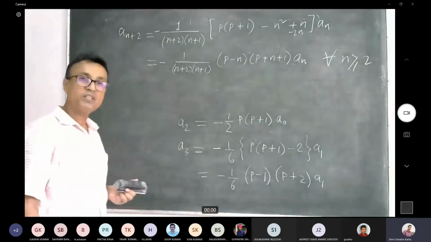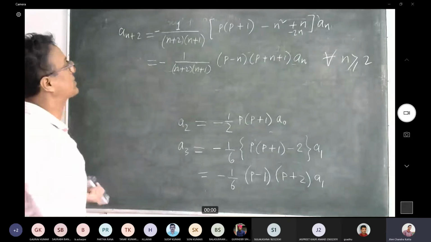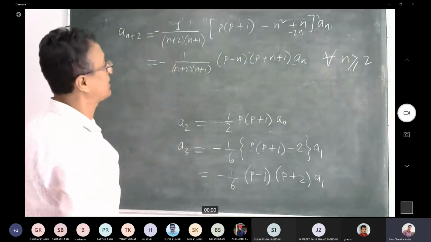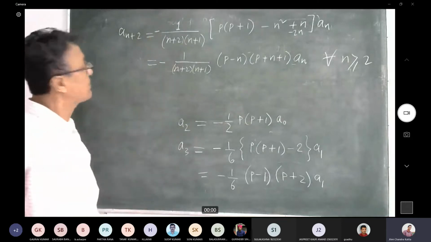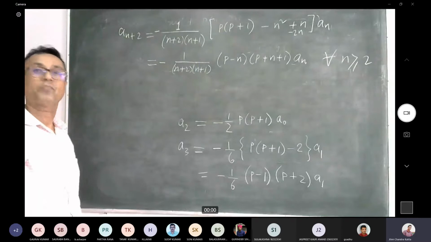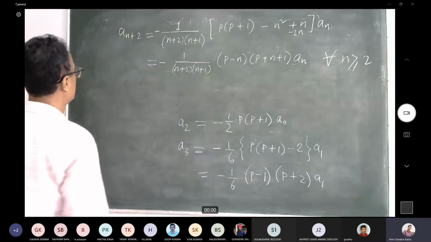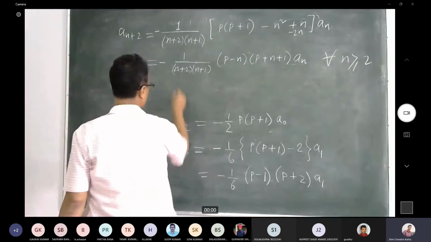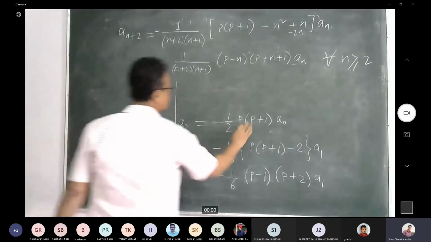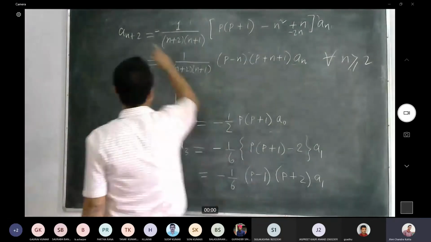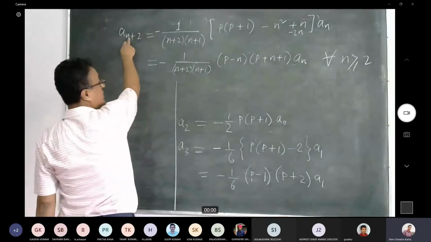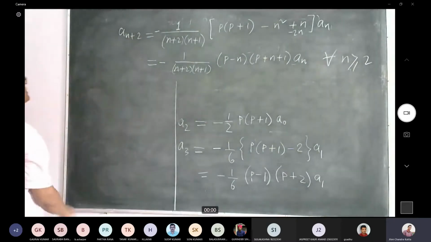Okay, this one is valid for all n greater than or equal to 2. I mean, just simply don't write some kind of recurrence formula without giving the range for n. Okay, fine. So now, if I use these two recurrence formulas, and if I start from n equal to 2 here, that is going to lead me to